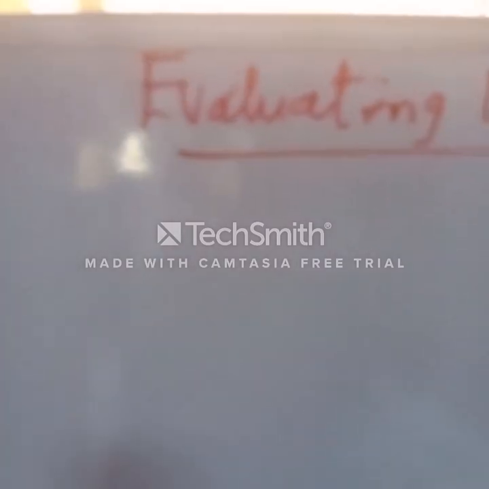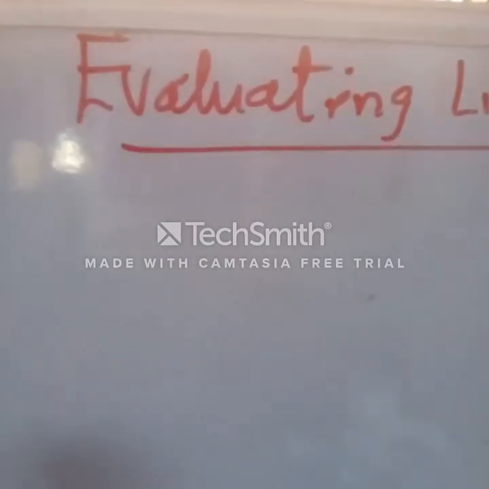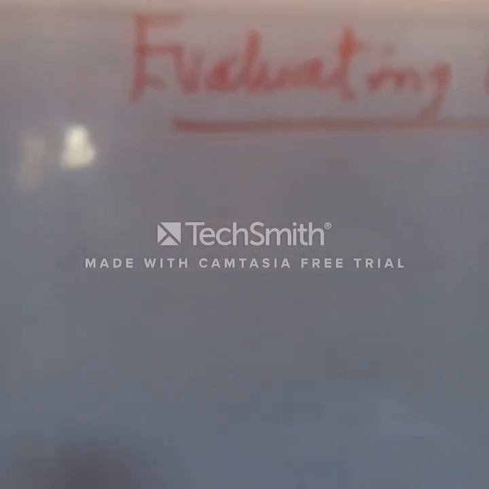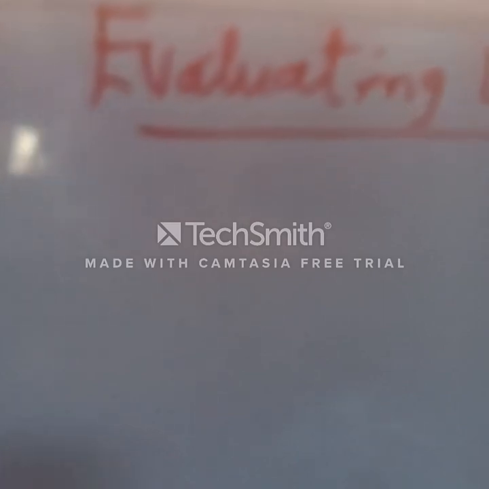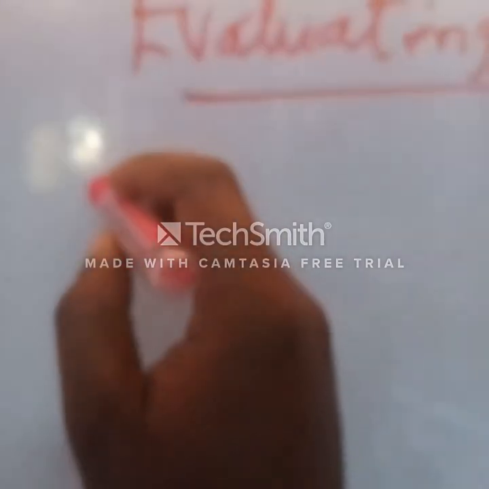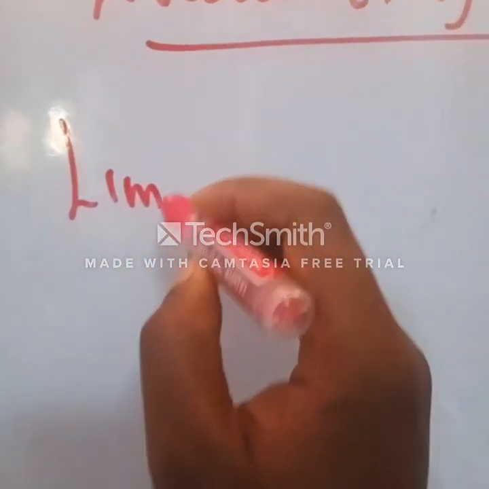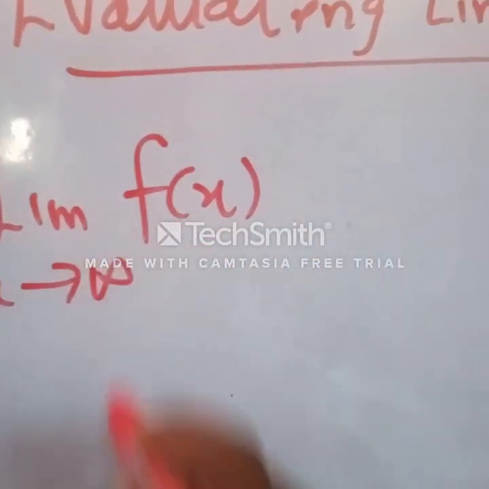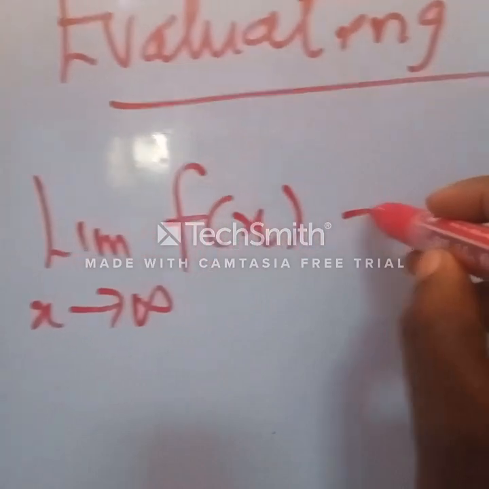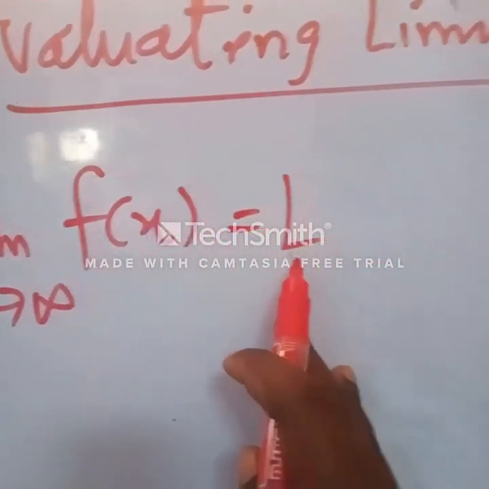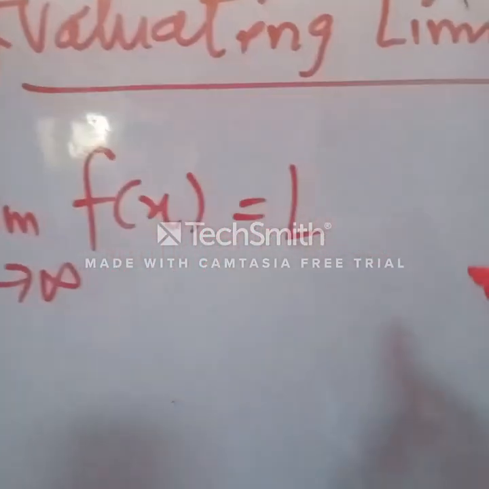Good day. In our last class, when discussing limit at infinity, we observed that limit at infinity is of two types. That is, finding the limit of a function when x tends to positive infinity. We say that if this is L, we say this L is the limit of that function. Also,